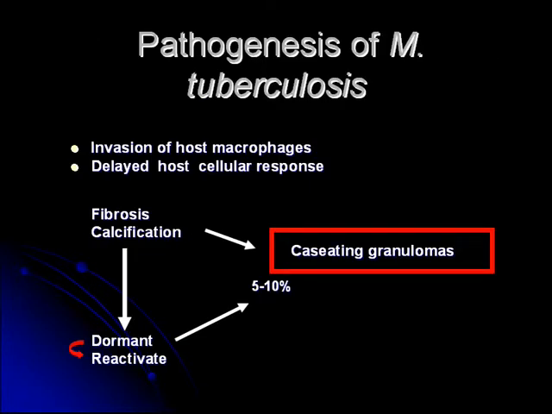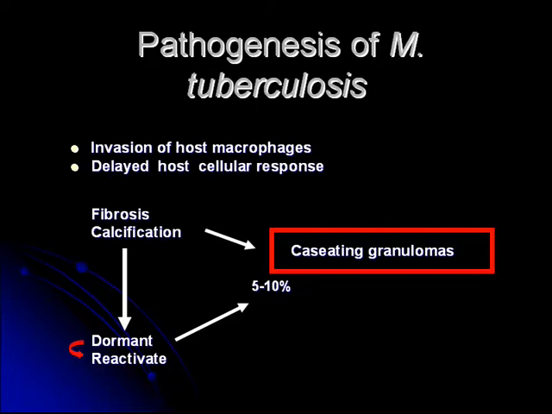To describe the pathogenesis of tuberculosis, basically what happens is the bugs are transmitted from person to person via aerosolization. So in order to get infected with tuberculosis, 95% of the time you have to come in contact with somebody who's got active cavitating tuberculosis, and they have to cough in your face, and you inhale the bacilli. Now, having said that, there are case reports of sexually transmitted bacilli, but these are quite rare.